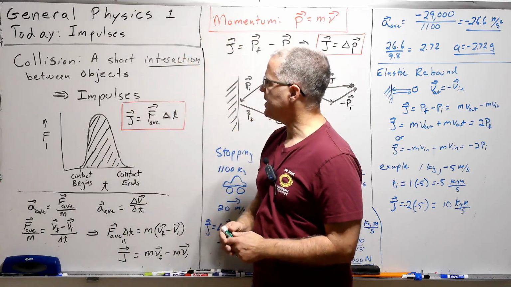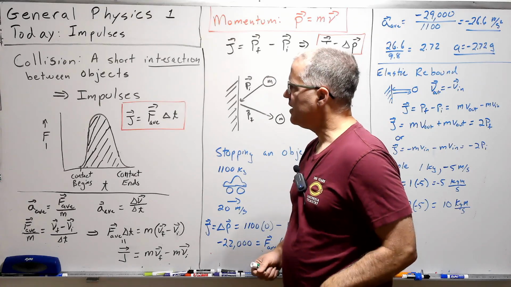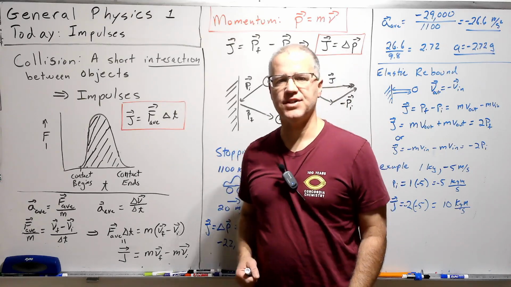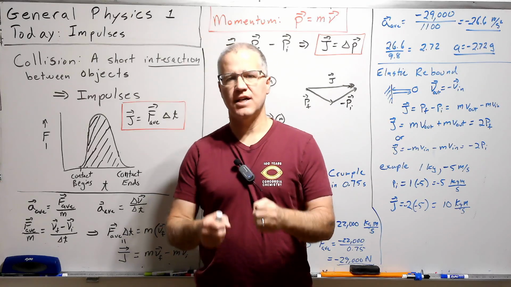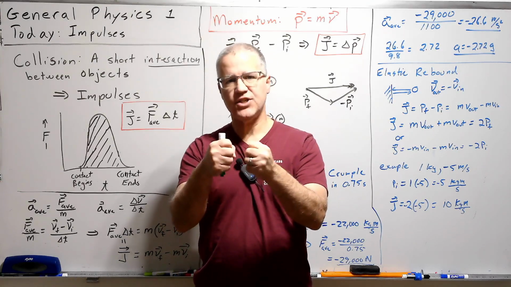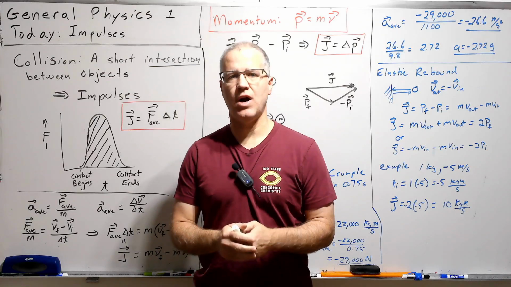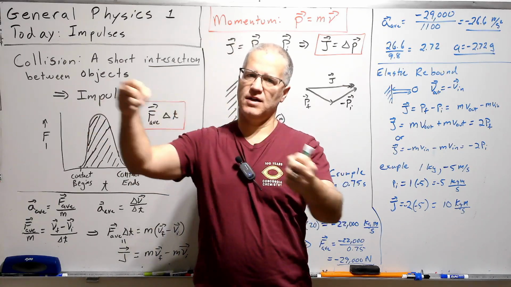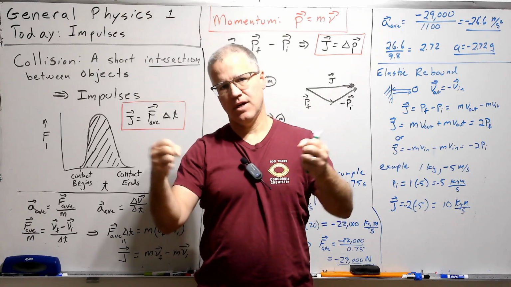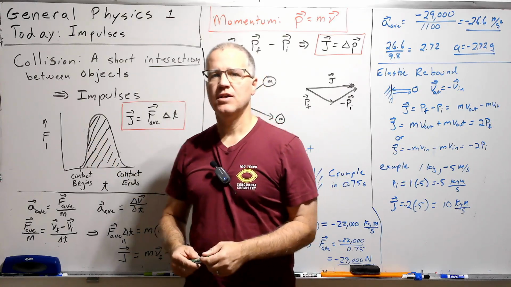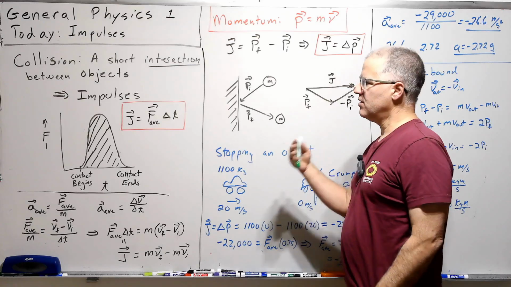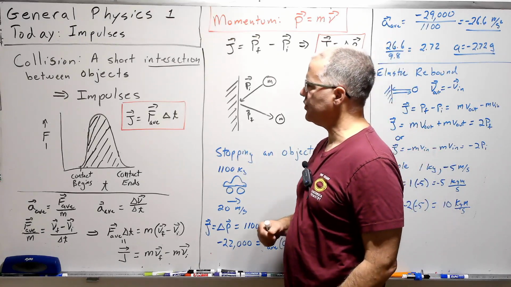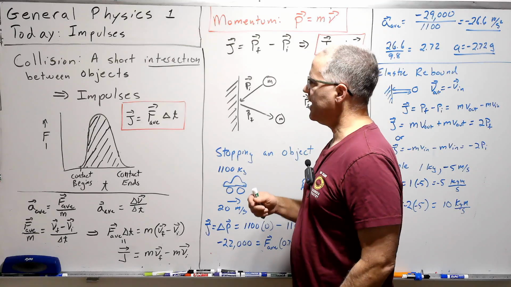Otherwise, we'll be starting today talking about impulses, and this is where we can start to talk about collisions. A collision is a very short interaction between two objects. Maybe two molecules collide, maybe a baseball bat hits a baseball. We have collisions going on all the time, and it's nice to be able to handle those and answer some